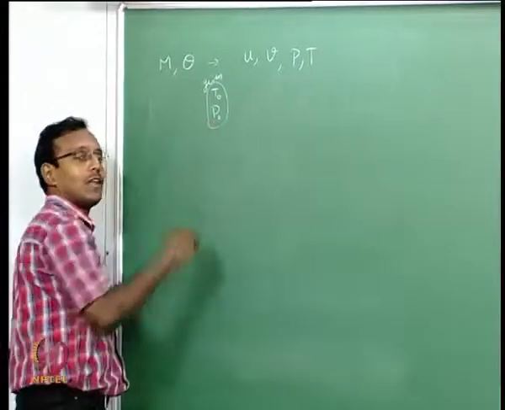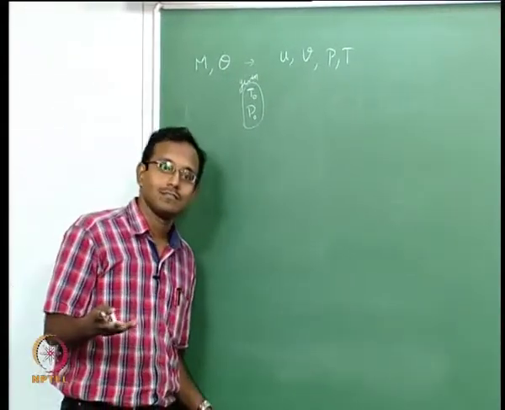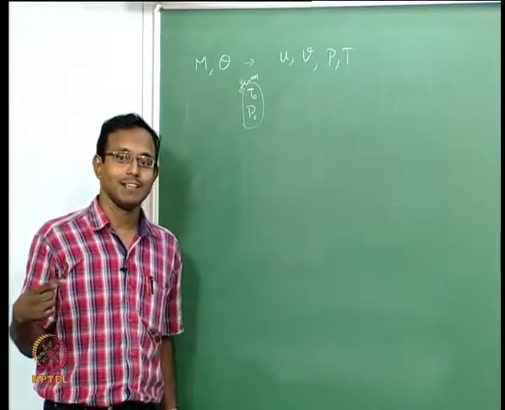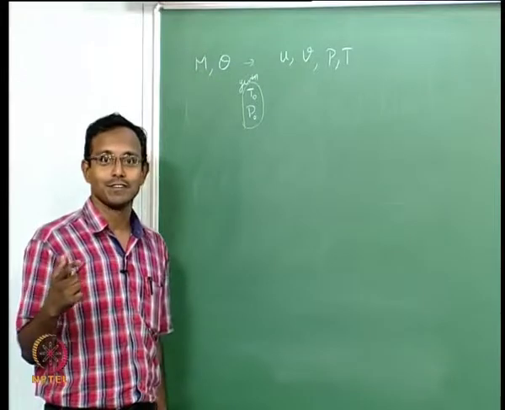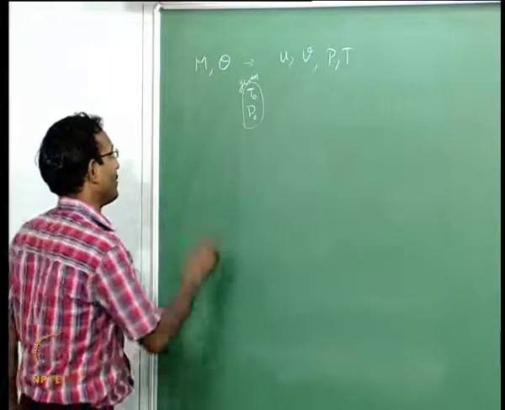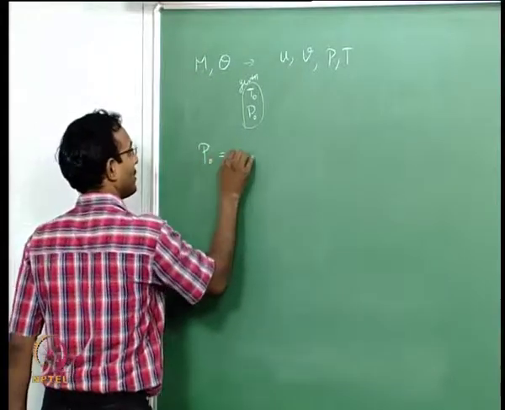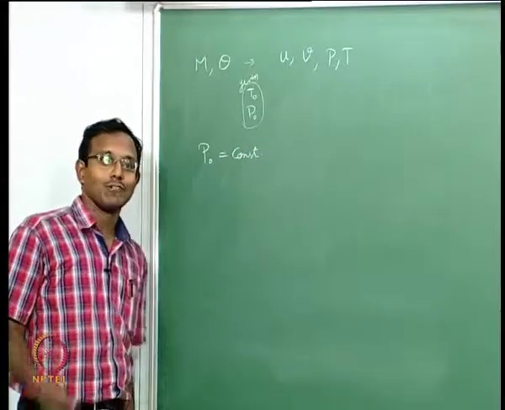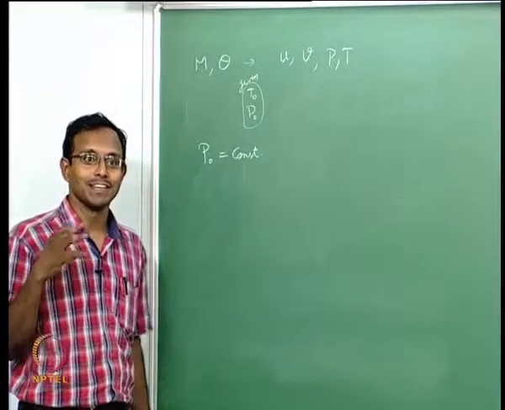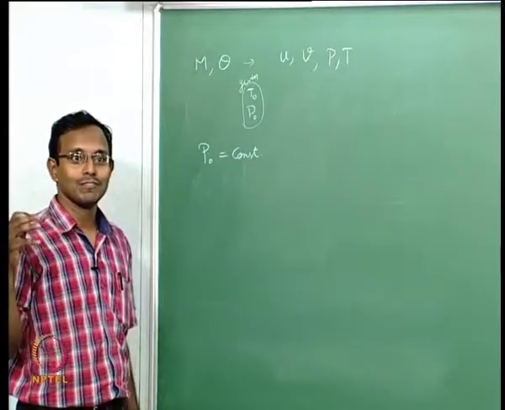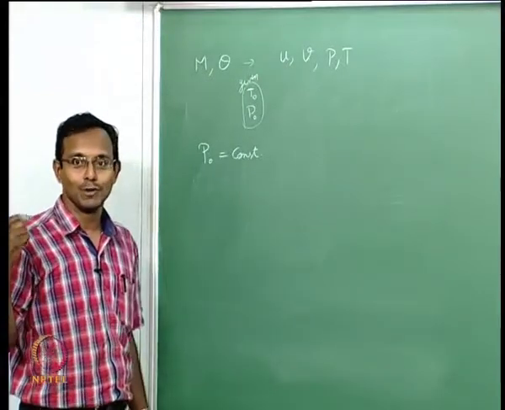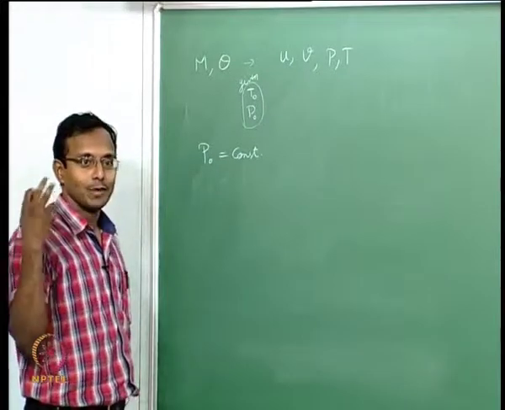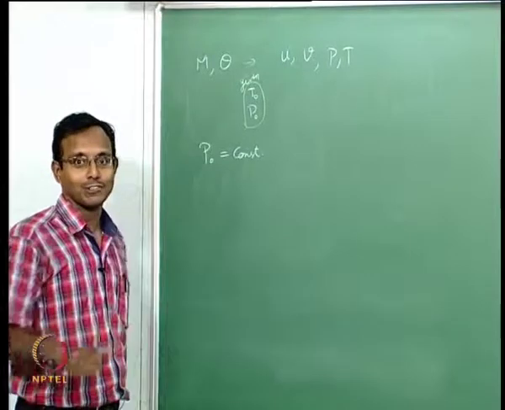How will I know P naught in my flow field? We assumed something about the flow. We assumed the flow to be isentropic, and because of that we know that P naught is a constant, right. For isentropic flow, we had this derived long back: delta S by R is log of P naught 2 by P naught 1, right, and if delta S is 0, P naught 2 is equal to P naught 1, that is, P naught is a constant.